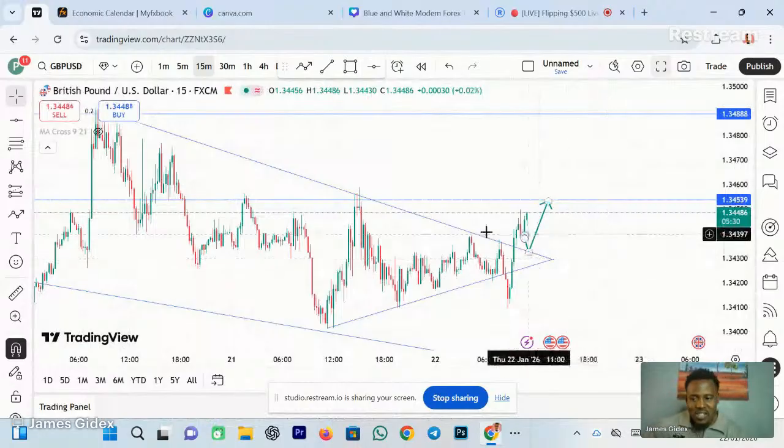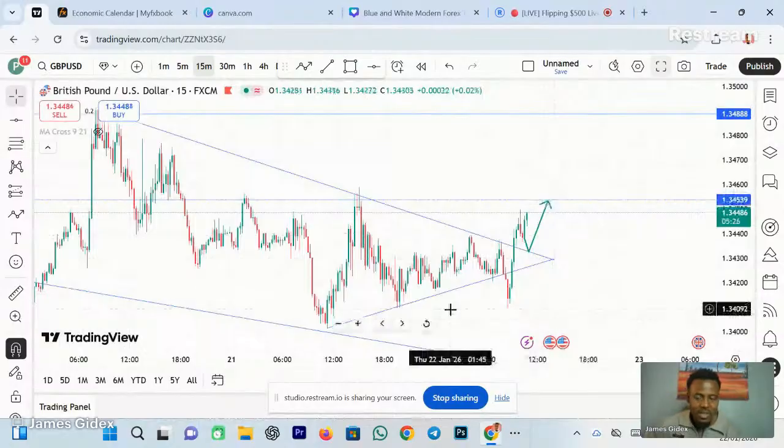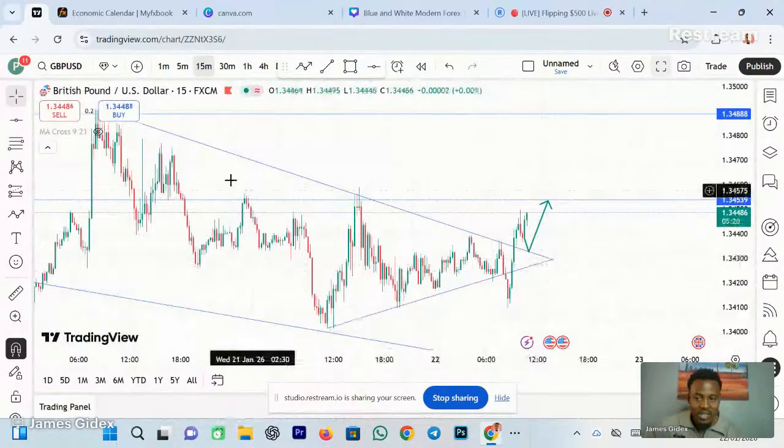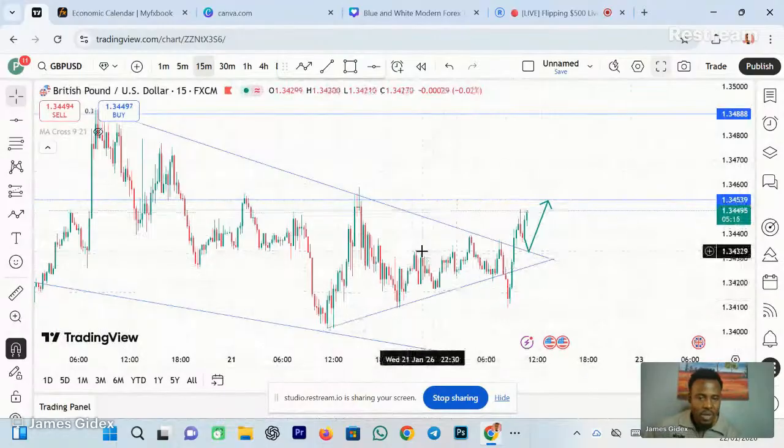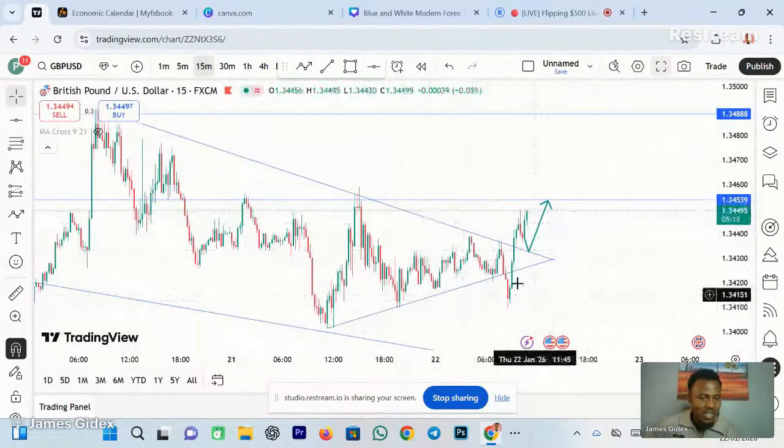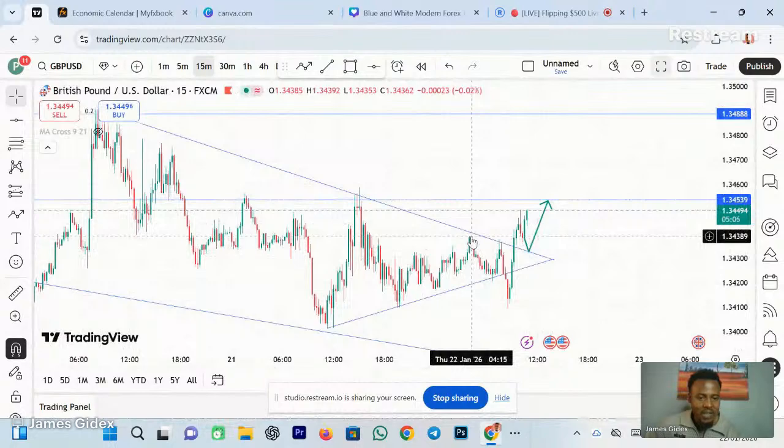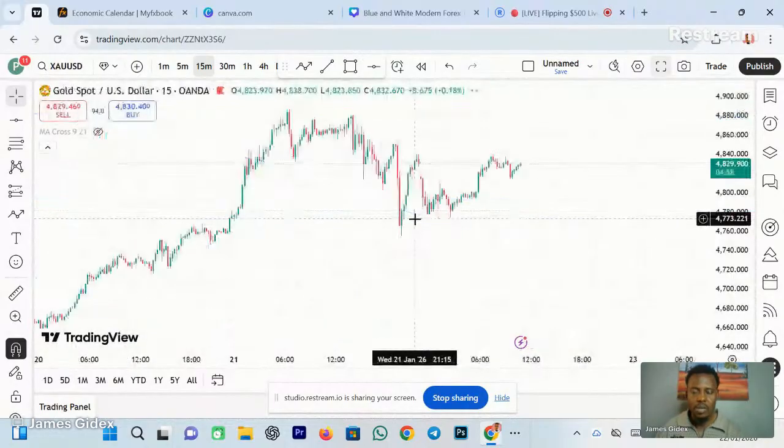As you can see, the analysis right here is right, and the market is flying up to the moon. Not just that, as I told you guys, the triangle retracement. This is the triangle strategy, the one below and the one above. As you can see, immediately it breaks it. It was supposed to get all the way here to retrace this particular level, as I said earlier, and eventually that's exactly what happened. And it's pushing back.